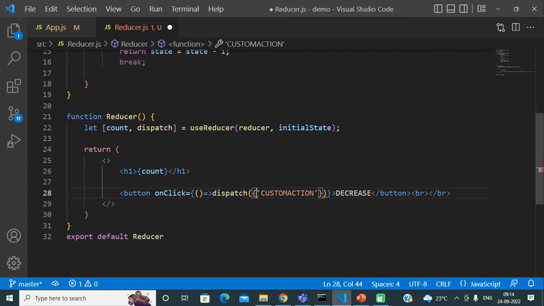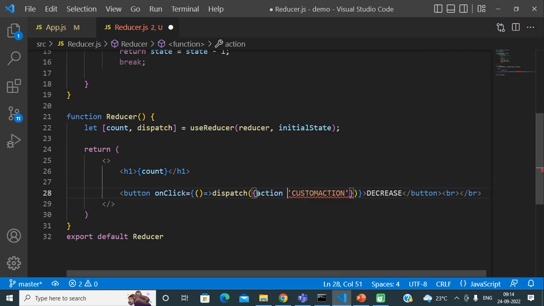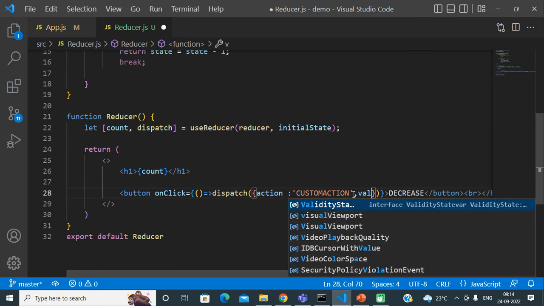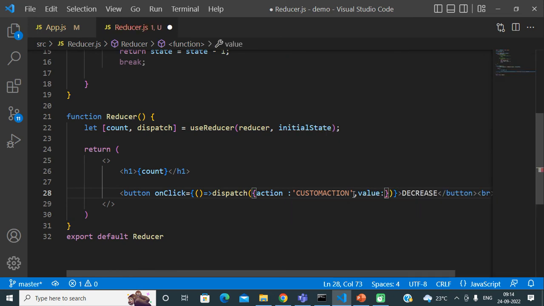Here you can see this is just an object. In this object I am creating one property, action, and its value is custom action, our action name. After that we can send another property as a value and we can send any data. Let's say I am sending 100.